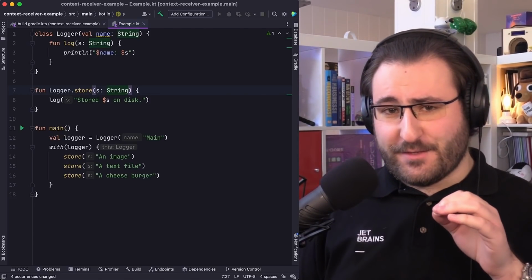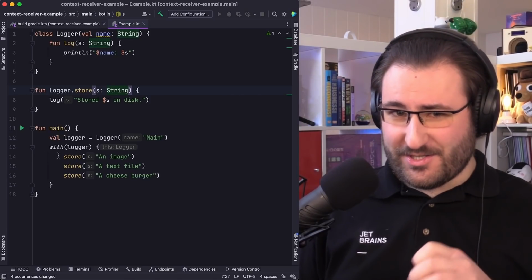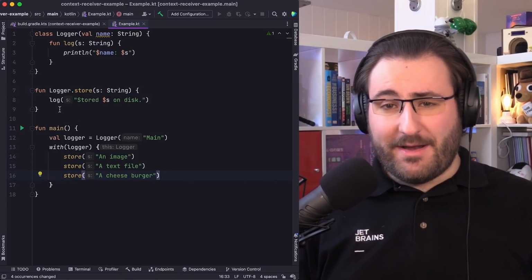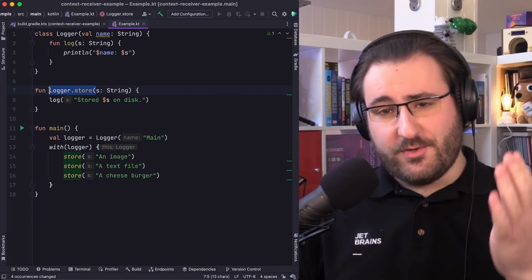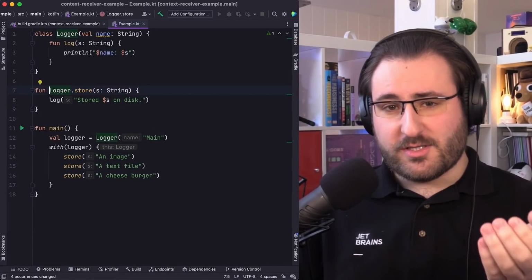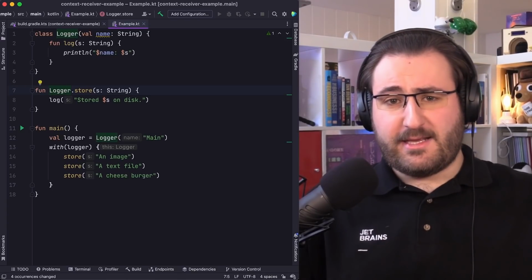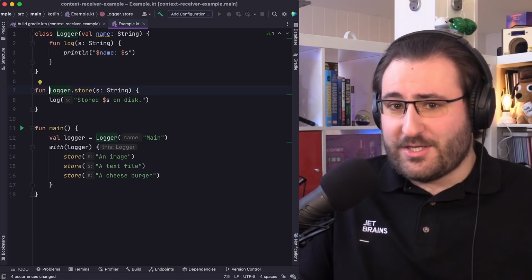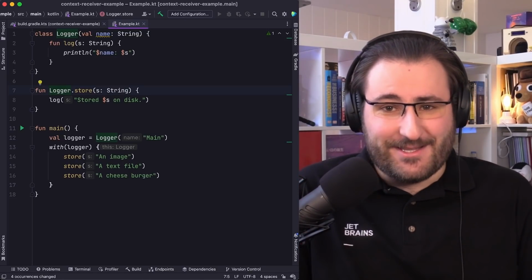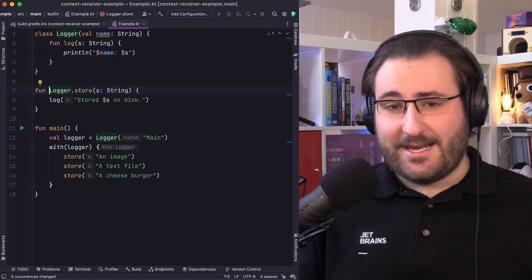Because we were so laser focused on making the call side for our store function a little bit cleaner, we ended up botching the definition of the store function itself. For just a second, forget how we even got here. You know, pretend you came back from a nice, relaxing vacation, or pretend that you're the new intern who's just seeing this code for the first time. Well, let me ask you, what do you expect a function called logger.store would do? Well, you'd probably expect it to store the logs. But that's completely different from what the function does and what we wanted to express in the first place.